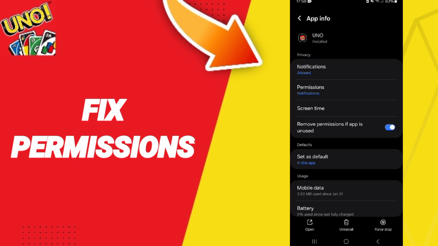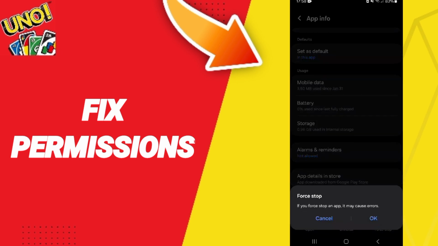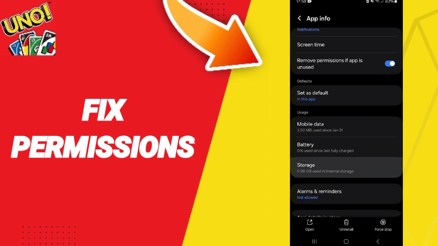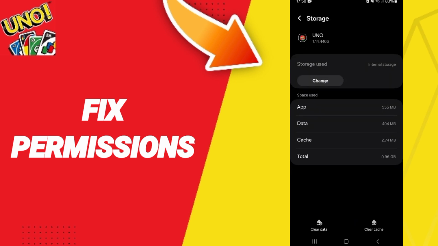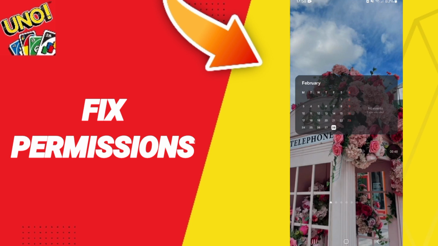In this page of app info you will go to first stop and you will click OK. Here you will enter the window of storage. Here you will click on clear cache. In the end you will turn off your phone and you will wait a moment to restart your phone again